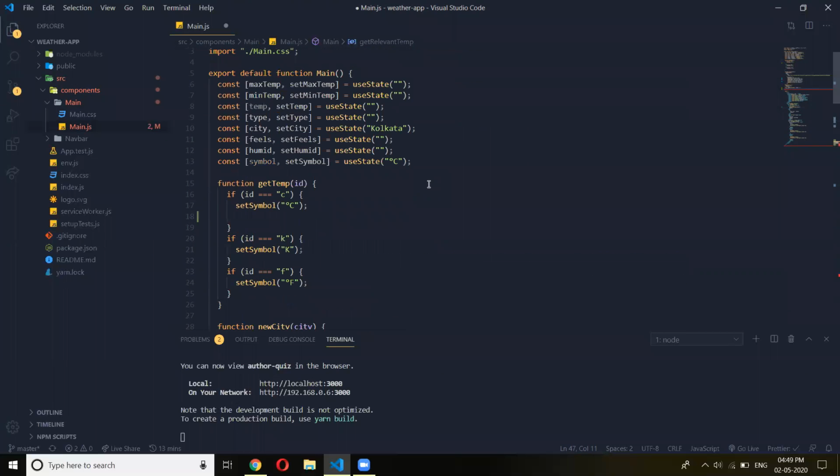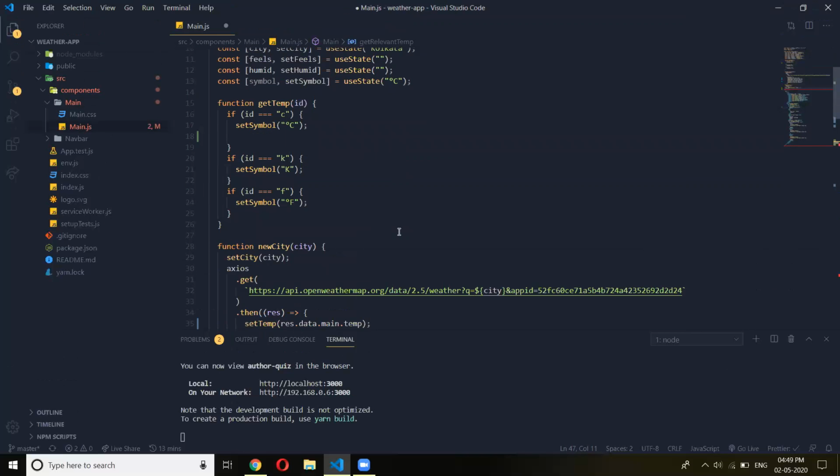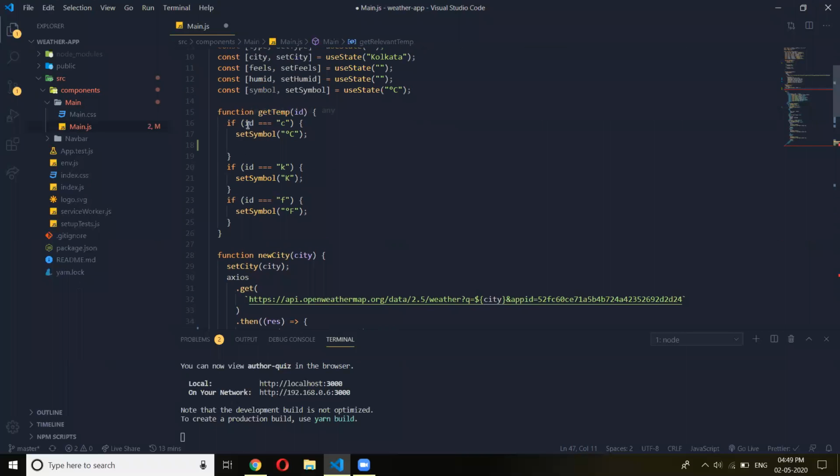Okay, but can't I do it over here? Like I already know which button is pressed according to the ID, so I can do the calculation over here. You can do the calculation over here, but then you have to create three variables: Kelvin temperature, Celsius temperature, and Fahrenheit temperature. If you set it, you are modifying the actual temp variable that you have. Achha, you are thinking that when you click on Celsius, you will convert your temperature from Kelvin to Celsius. Okay. Yeah. But then you have lost the Kelvin temperature.